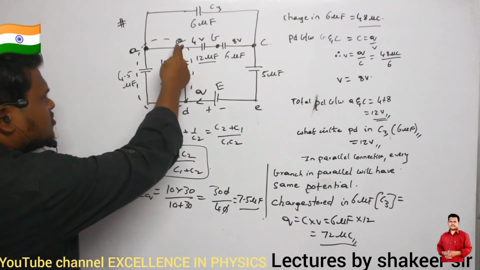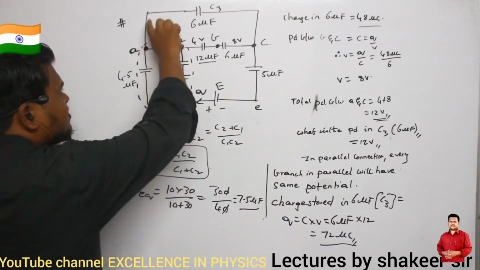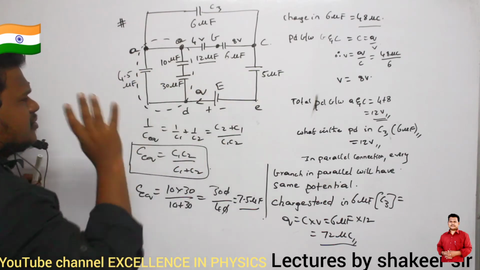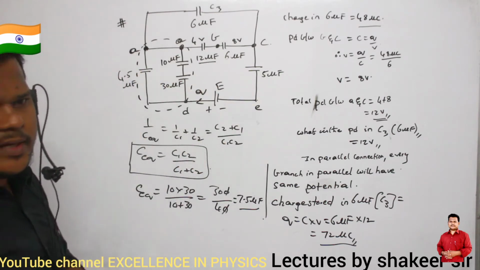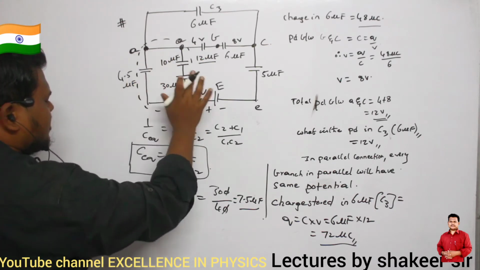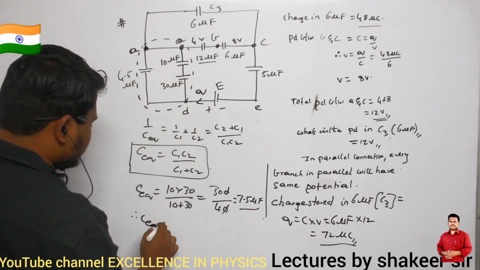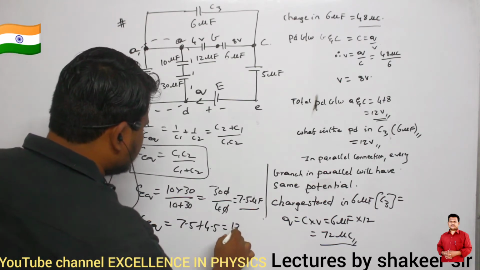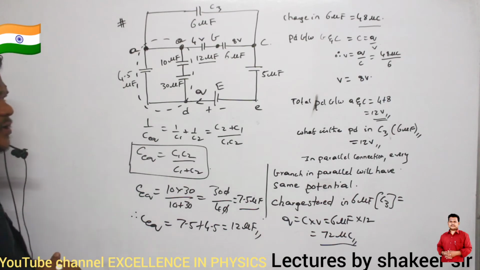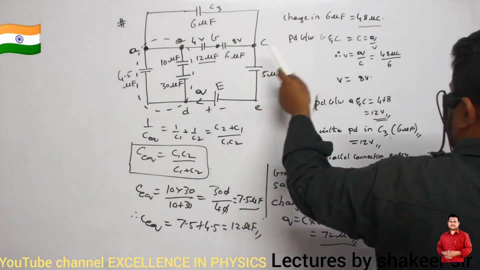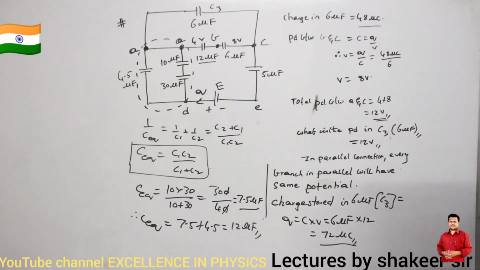So these two branches, they are in parallel. Similarly, these two branches, they are in parallel. So therefore I will combine all of them and I will try to write one equivalent diagram. Okay, ma? So this is 7.5 and 4.5, they are in parallel. So the equivalent capacitance is 7.5 plus 4.5, how much? 12 microfarads. Okay, ma? I got up to here. So this side, it is completed, no? So what are the points which you have to remember here?